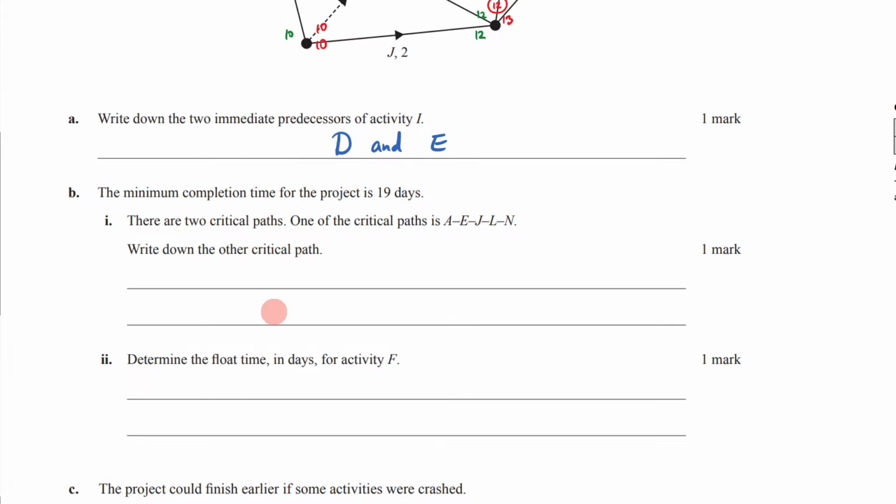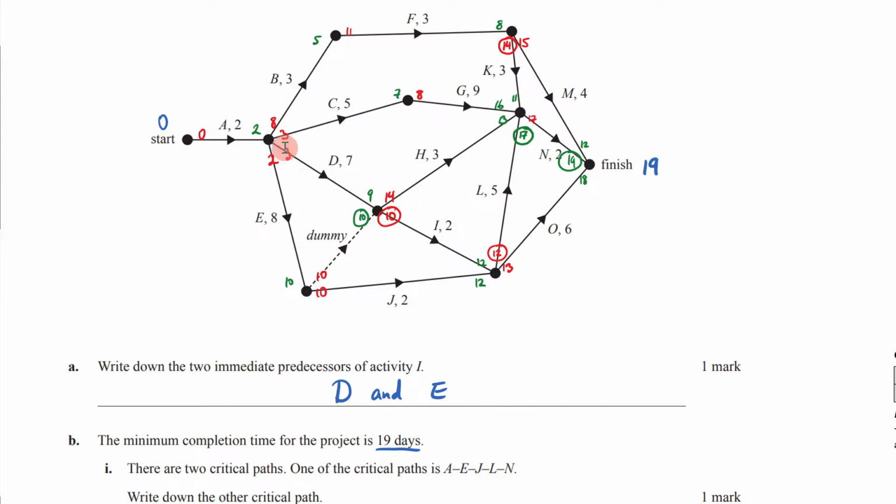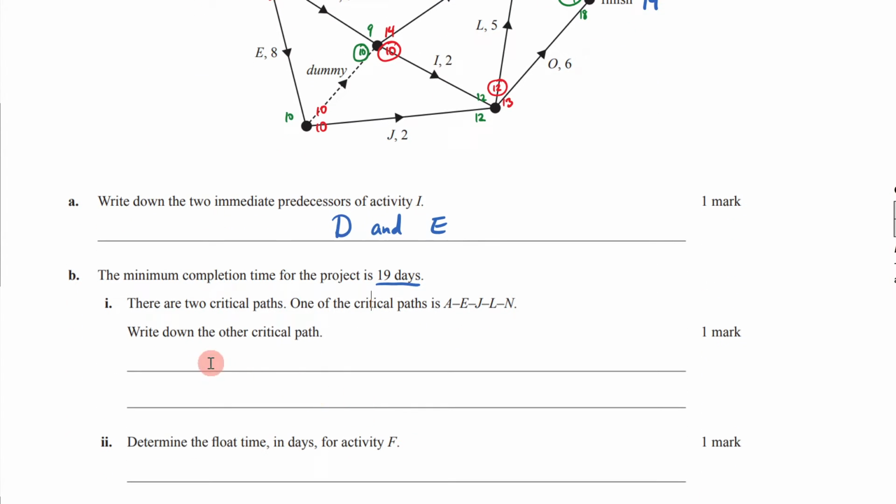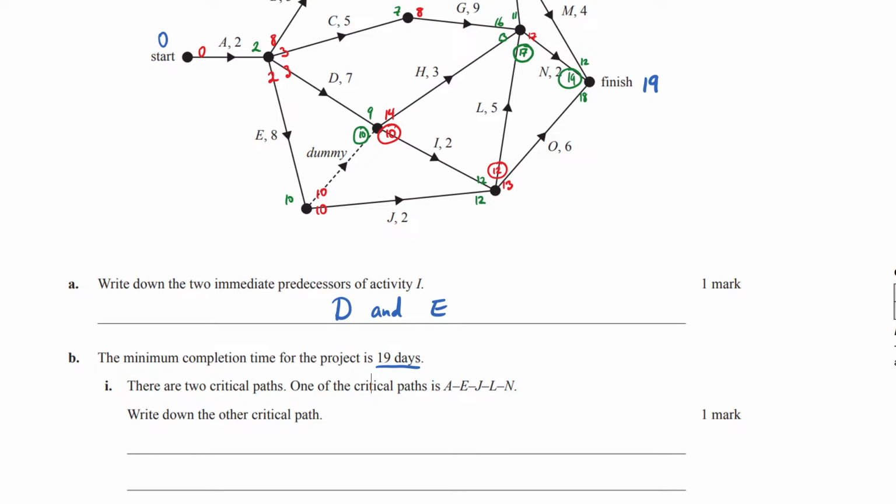We come to the next part. It says the minimum completion time for the project is 19 days. Can we just stop for a moment? This 19 days is very helpful because when I was doing my forward scanning specifically and I hit 19, well, it said 19 here. So it kind of just confirmed to me that I did it correct, which is great. It says there are two critical paths. One of the critical paths is AEJLN. So let's highlight that. So one of the critical paths is this,